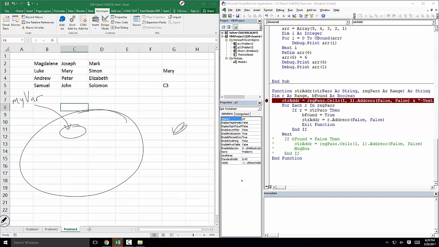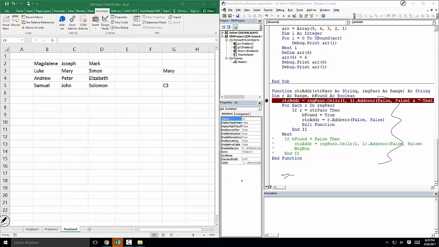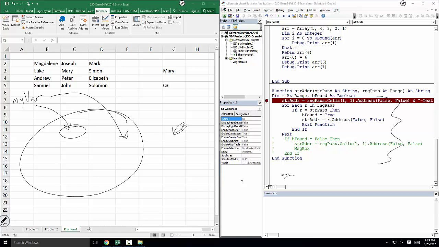If you pass it by reference and say you update my variable in the function, then when you get out of it, my variable is going to be changed. But if you pass it by value, then it just sends the value that's stored in my variable into where you want it, and it doesn't change the value of my variable. So I know that drawing didn't really help at all, but